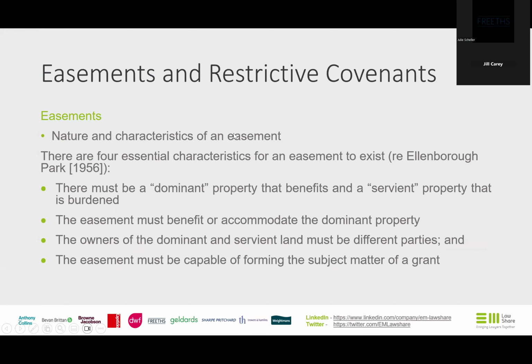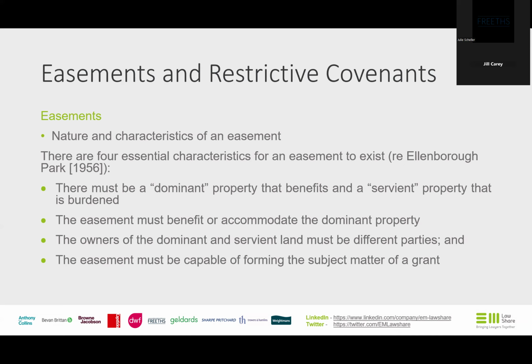An easement has to fit into the legal box. So not everything can be an easement. The leading case on easements has been around for a while. It's called Re Ellenborough Park. And back in the 1950s, this was a development that had pleasure gardens. And the question arose as to whether using the gardens just for pleasure was capable of constituting an easement. And in the course of deciding that, the court set out the four key boxes that need to be ticked,